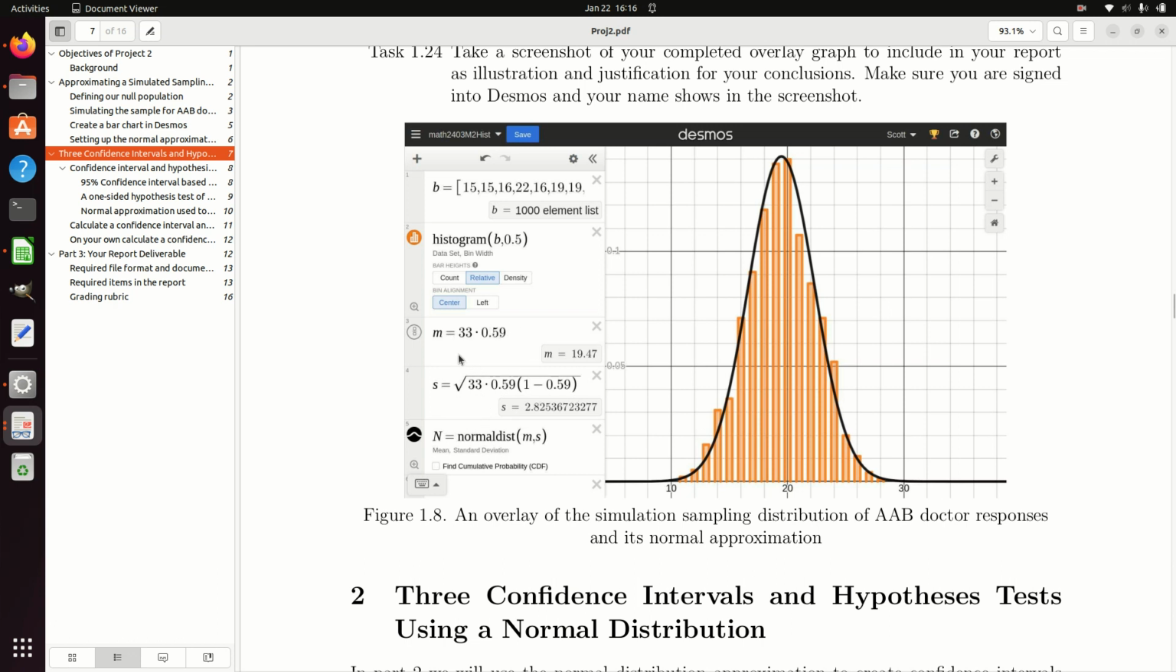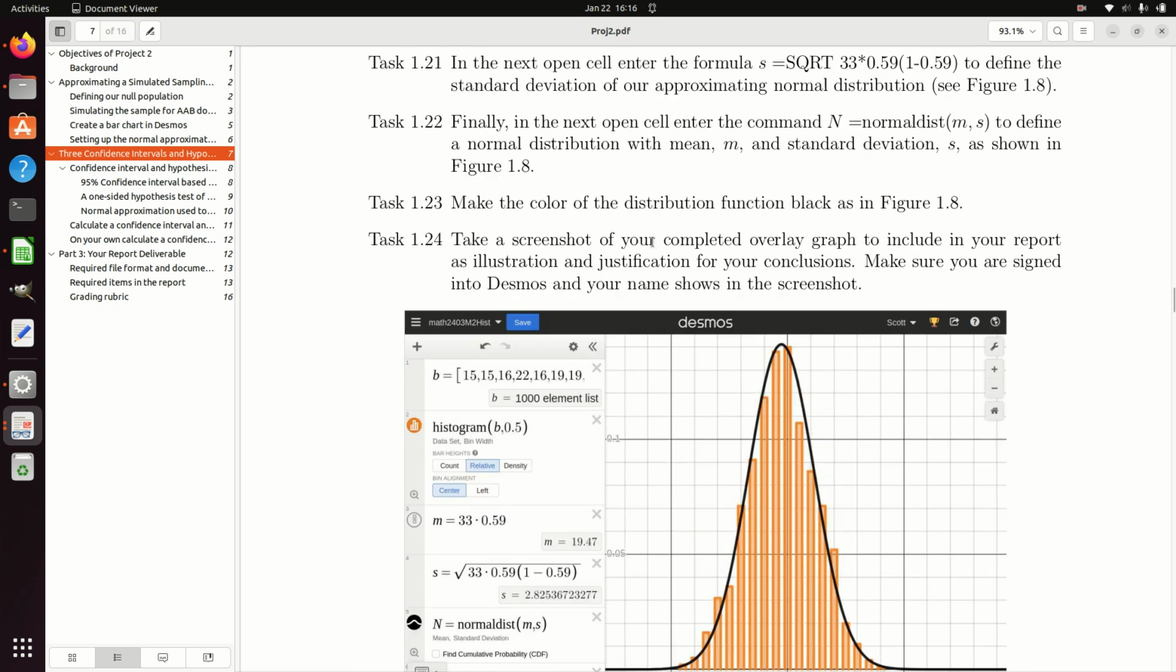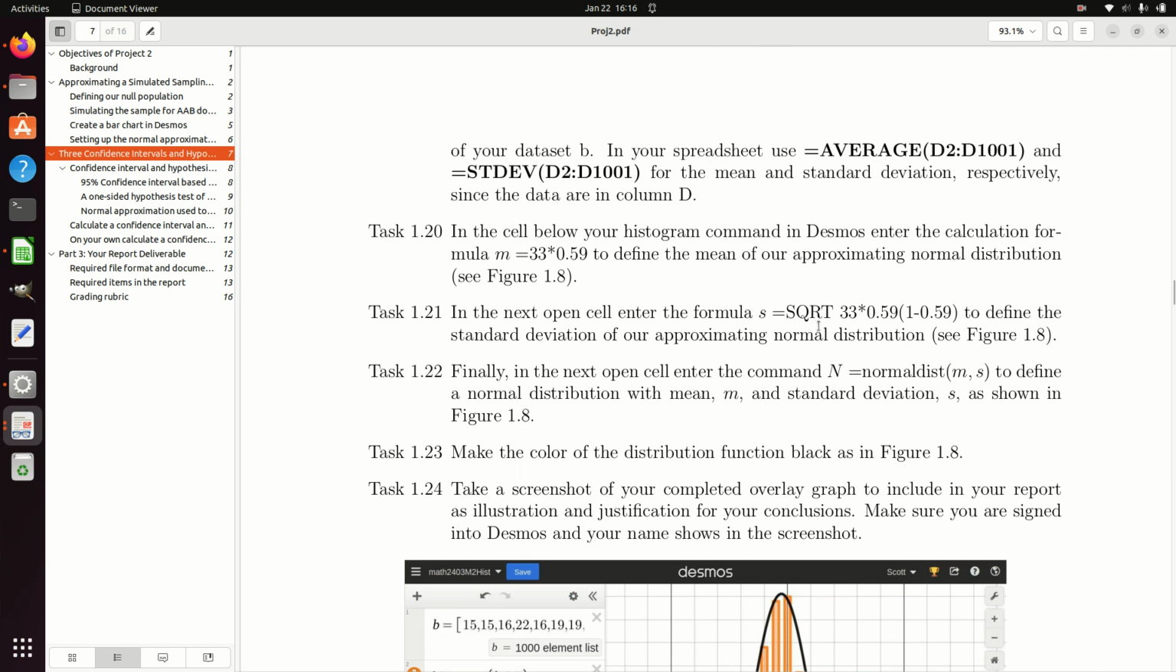there as this says. So the mean is 33, the number of observations, times the probability of success, or the probability of getting whatever it is I'm looking for. And so when you think about it, that makes sense, right? If I had 33 observations and 59% of them should be yeses or showing bias or something like that, then I just want 59% of 33, and so that's what I